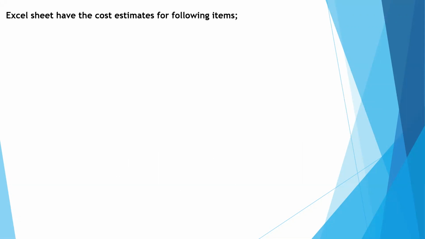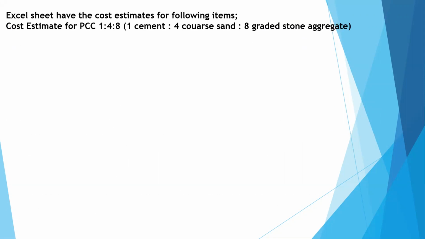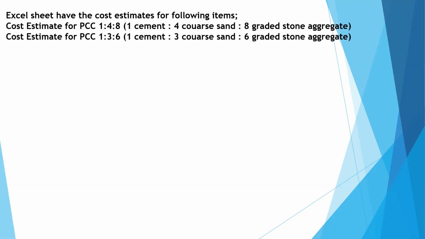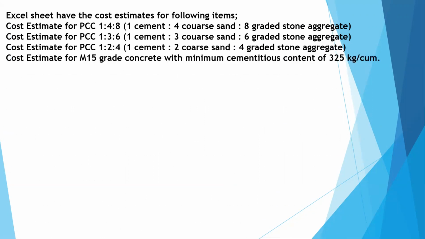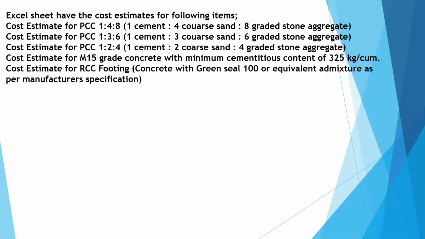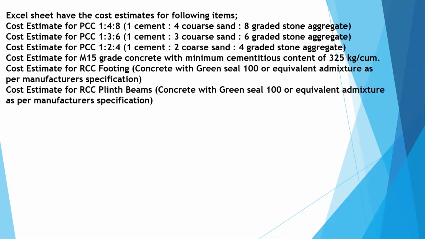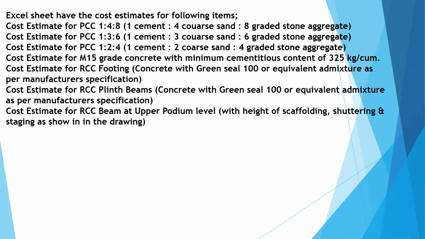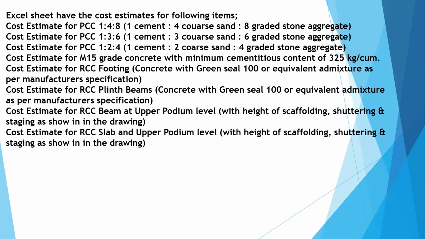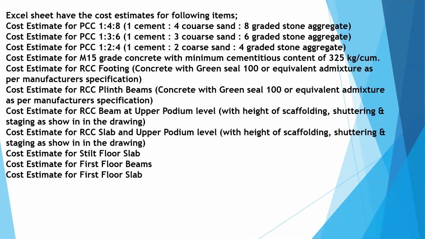The Excel sheet has the cost estimate for the following items. Cost estimate for PCC 1:4:8, PCC 1:3:6, PCC 1:2:4, M15 grade concrete with a cement content of 325 kg per cubic meter, estimate for RCC footing, estimate for RCC plinth beams, estimate for RCC beam at upper levels, including the scaffolding, shuttering, and staging as shown in the drawing, cost estimate for RCC slab, estimate for stilt floor slab, estimate for first floor beams, estimate for first floor slab, estimate for RCC beam at all levels,